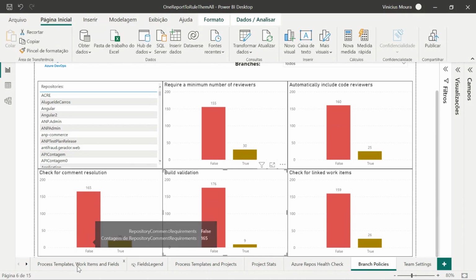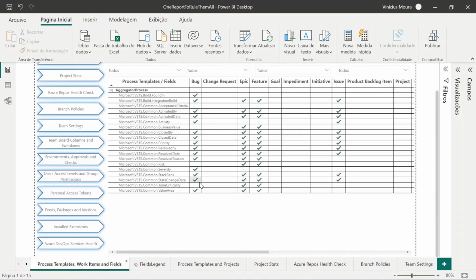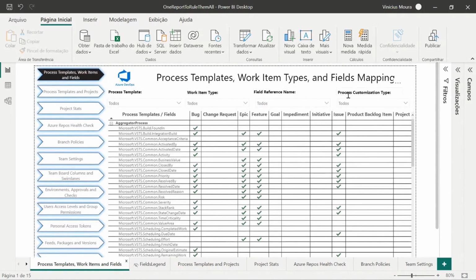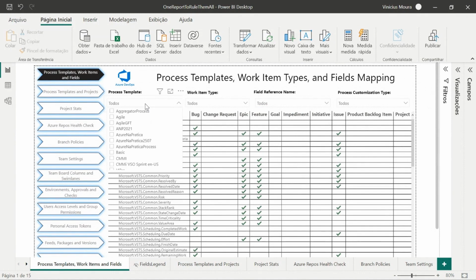Here, I map all process template names. In my organization, I believe that I have 20 different process template customizations here, okay? And I need to compare 2 different process templates.